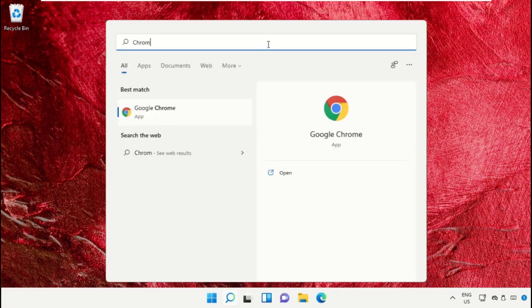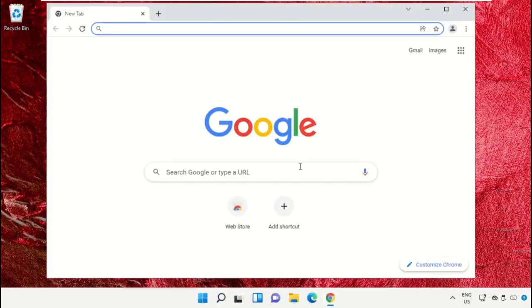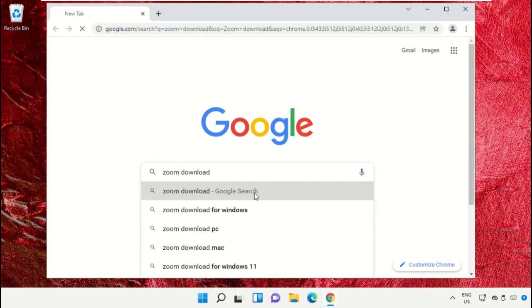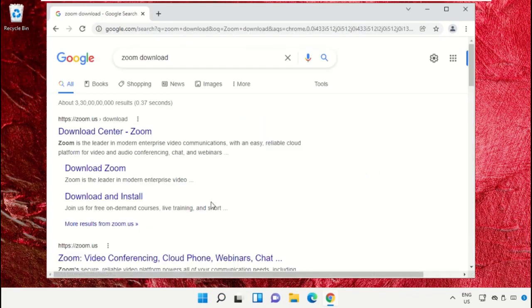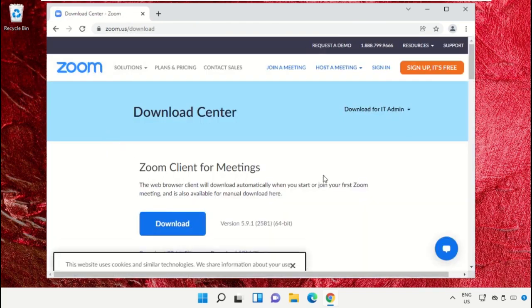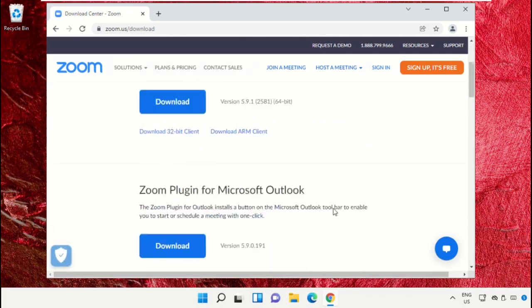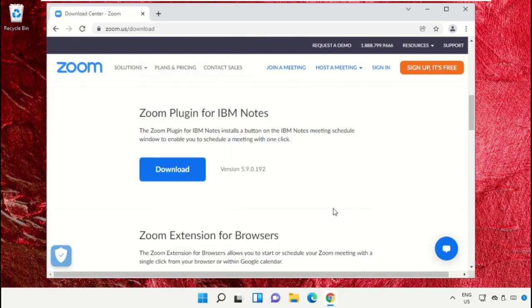Click on search bar, then type Chrome, click here to open it. Now in the search bar, type Zoom download and click here. Now click on the first link from the search results, which is from zoom.us/download. Now just scroll down